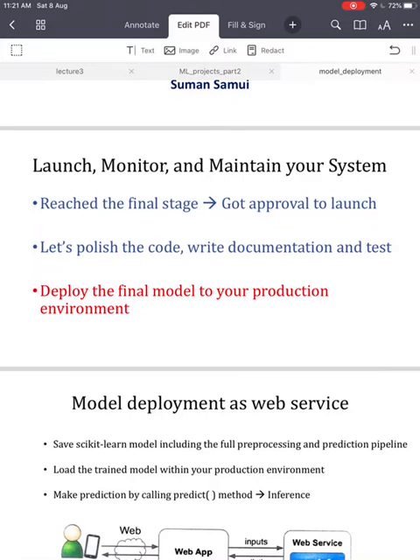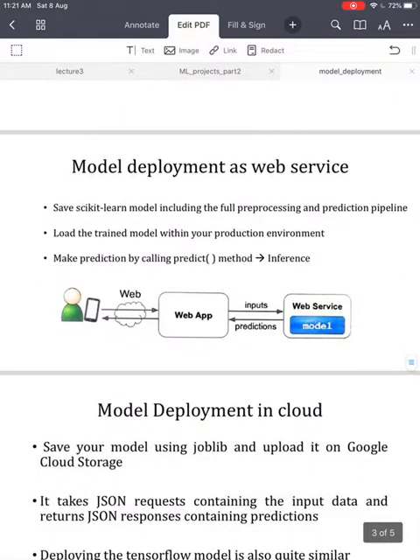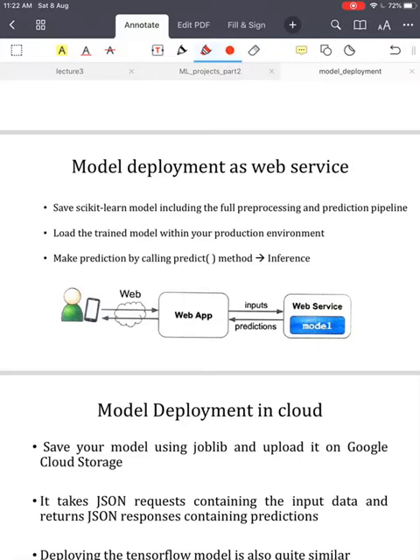So one way to deploy the model is to save the trained scikit-learn model, including the full pre-processing and prediction pipeline, then load this trained model within your production environment and use it to make predictions by calling its predict method. Okay, so what you are going to do is save your scikit-learn model. Suppose you have built a scikit-learn model; for this you usually use joblib,